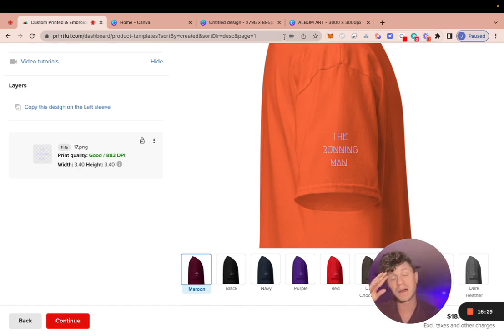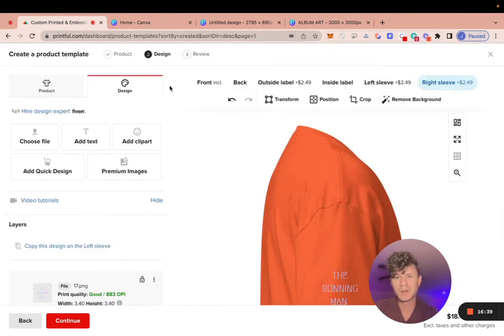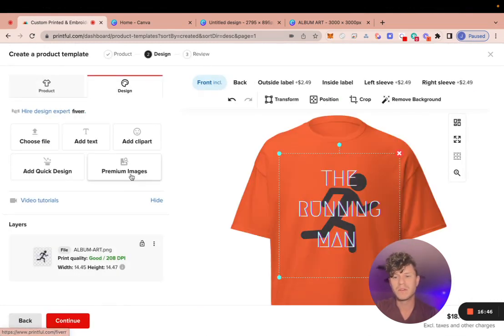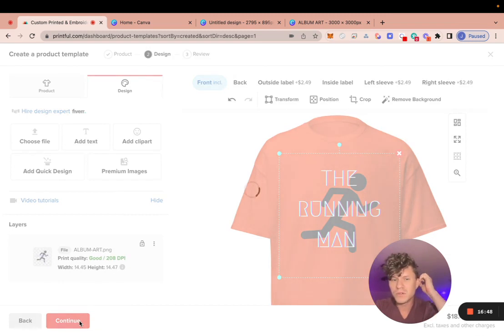It's me, it's my logo on the back, it's got the name and the symbol on the shoulders and on the front. So once I can find my cursor, there it is. We're going to move on from design and we're going to go review that. Let's go see what our hard work looks like. So I'm going to come up here, I'm going to press continue,